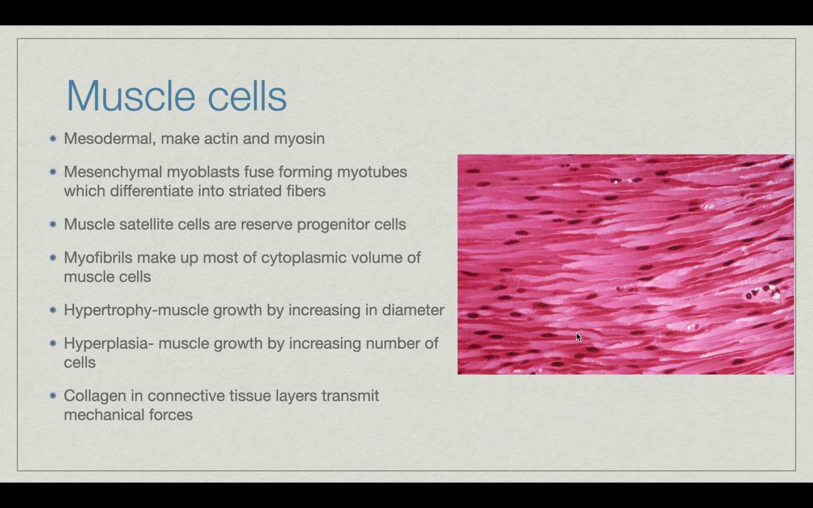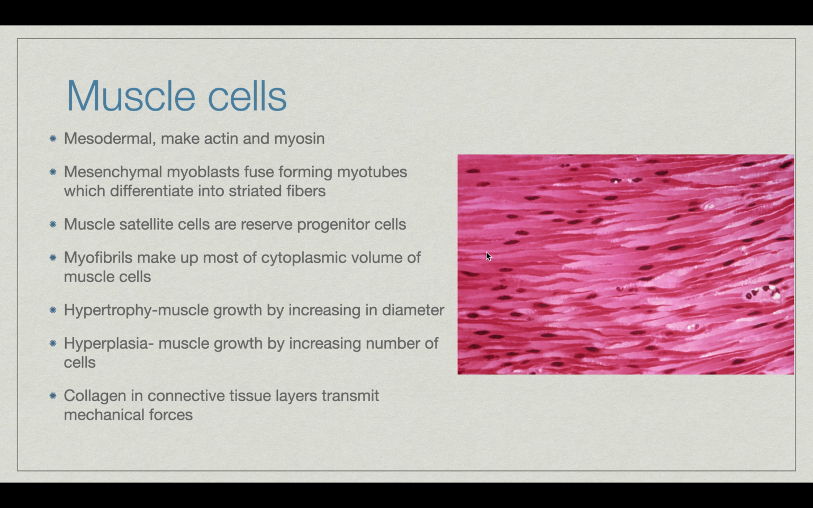So the muscle cells are of mesodermal origin, and they make actin and myosin. The mesenchymal myoblasts will fuse and form the myotubes, which will differentiate into the striated fibers. And then the muscle satellite cells are the reserve progenitor cells. Those work when the muscle has undergone trauma, and they work as stem cells to differentiate and replenish and heal